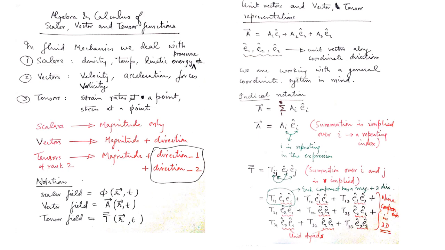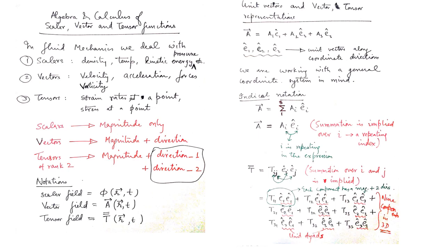Now I would like to introduce the indicial notation with this. What is the indicial notation? The vector a, what I have written just now, can be written using the summation convention, like a_i e_i, and i is the summing index, and you can vary it from 1 to 3. It means that when the expression is opened out using the summation operator, it will be the same as what we have originally written down.